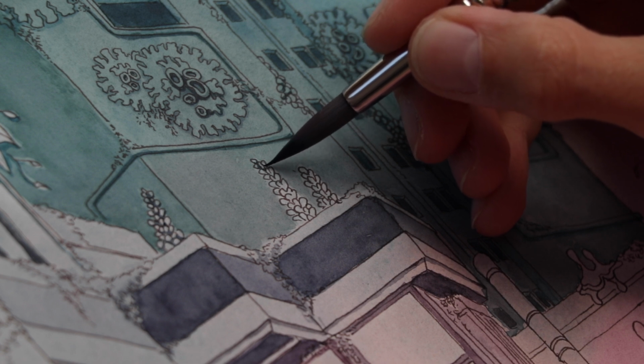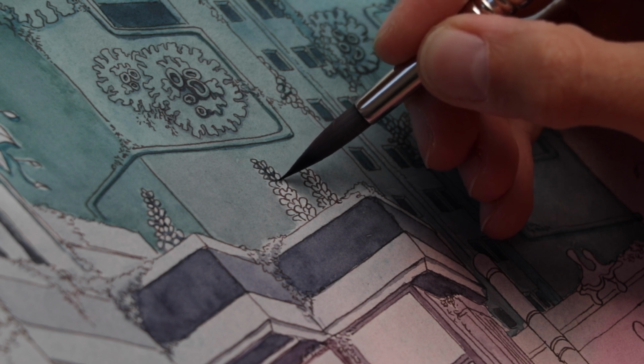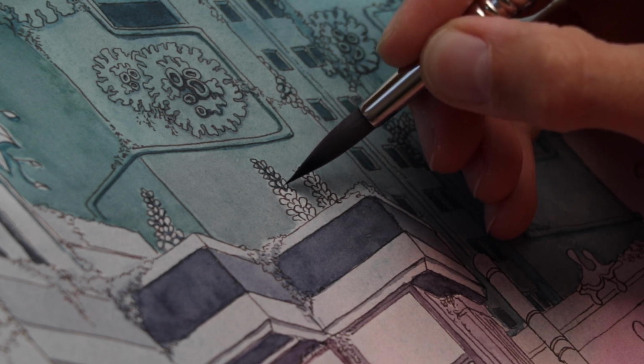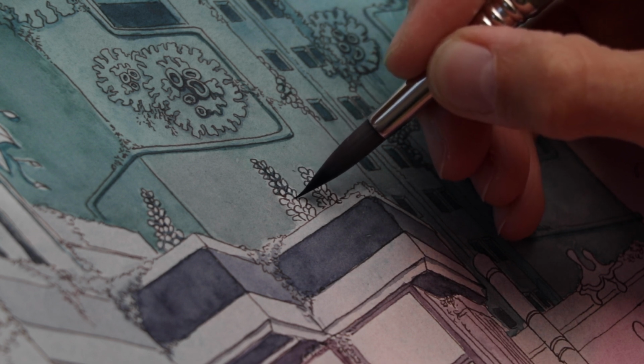I don't know yet exactly where I'm going to go with that. But yeah, we will see. In the meantime, I'm really enjoying myself painting with watercolors. I do love watercolors. Watercolors are very fun. It's not an easy medium, but I am so used to it now with the layering